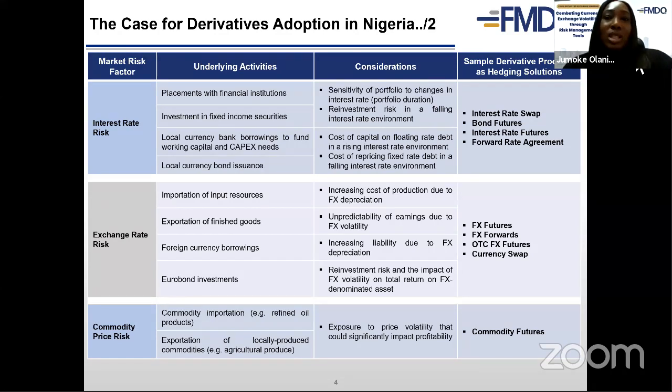So you can see that there will be sensitivity to each and every one of these underlying activities that a corporate entity will be faced with. And what we've just shared is examples of types of derivatives products that can be used to hedge where you have interest rate risk. For foreign exchange risk,